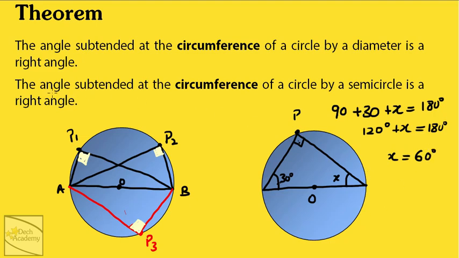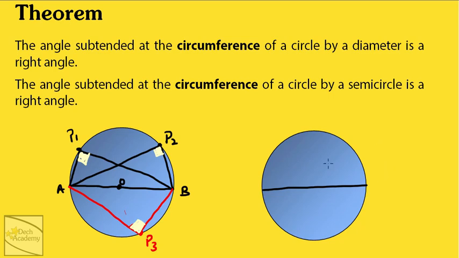The second form of this theorem is saying pretty much the same thing, because it's saying the angle subtended at the circumference of a circle by a semicircle, as opposed to a diameter, is also a right angle. Again, we have a diameter here. You know, a diameter will split a circle into two semicircles. This arc here of one of the semicircles, so this arc that is the boundary of one of the semicircles, well, the curved boundary of one of the semicircles,